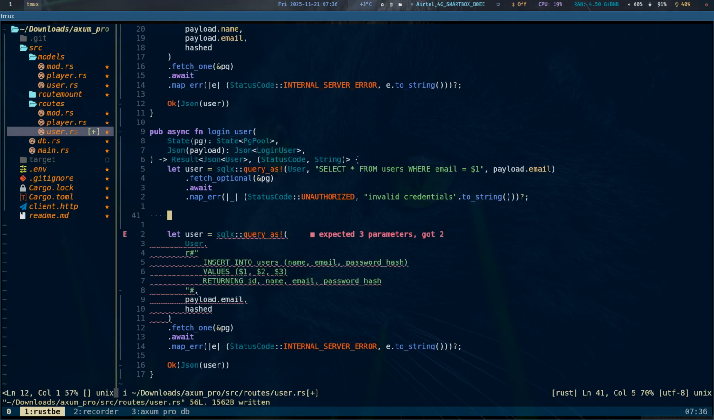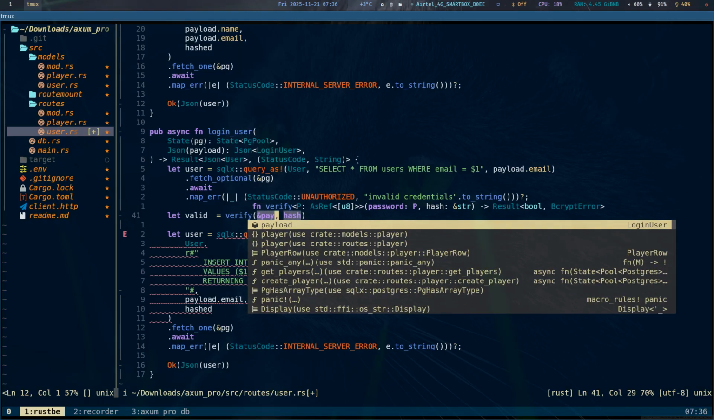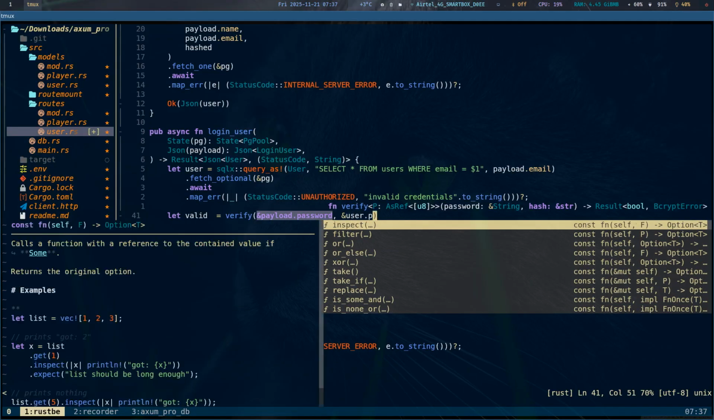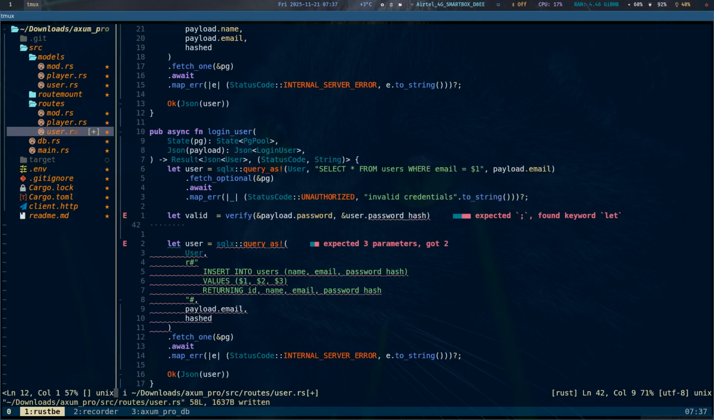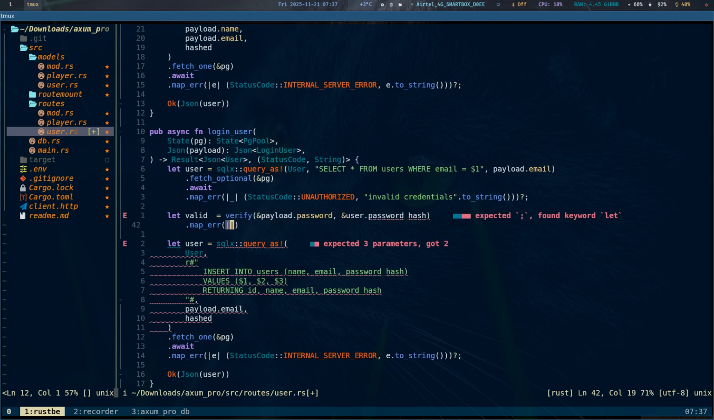Then let's verify. The next thing is to verify the password. So valid, we can call the verify from bcrypt. So this will take in the password, and it's going to be a reference to payload.password that is coming from Postman, and this will be a reference to the user.password hash, like so. And let's do map error,